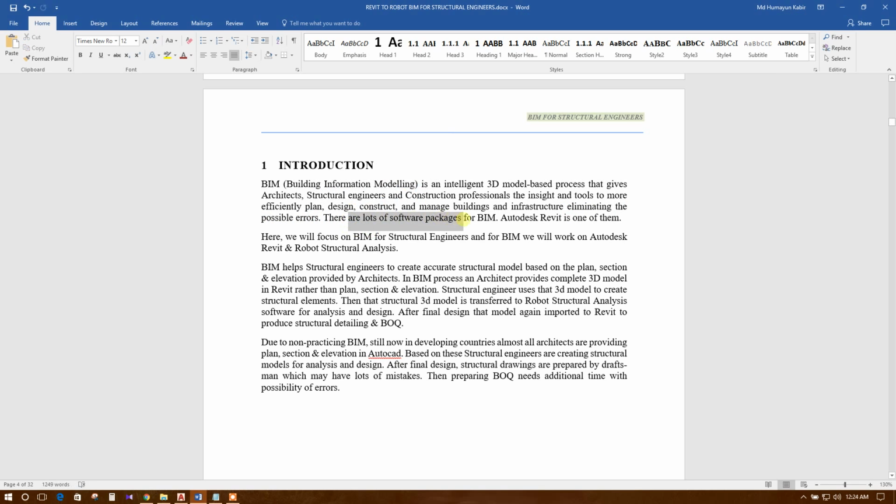There are lots of software packages for BIM. Autodesk Revit is one of them. Here we will focus on BIM for structural engineers, and for BIM we will work on Autodesk Revit and Robot Structural Analysis. BIM helps structural engineers to create accurate structural model based on the plan, section and elevation provided by